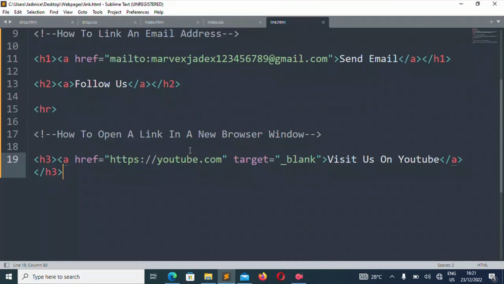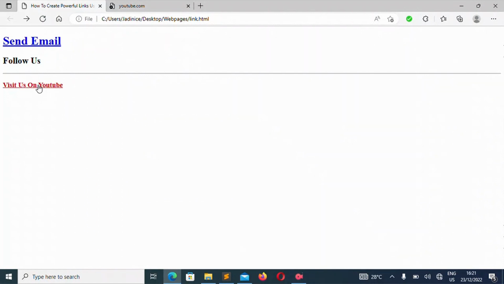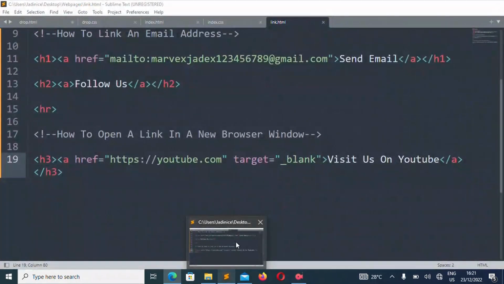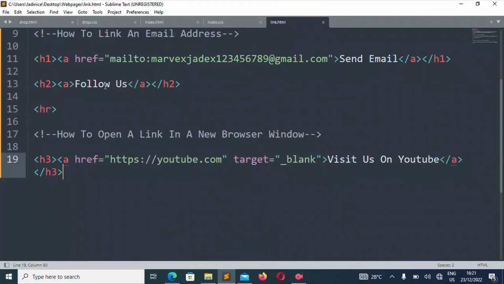It could be a channel's link, any link, and then you add a target equals underscore blank. Then you write visit us on YouTube, which will make the person click on it and then take you to another page entirely.